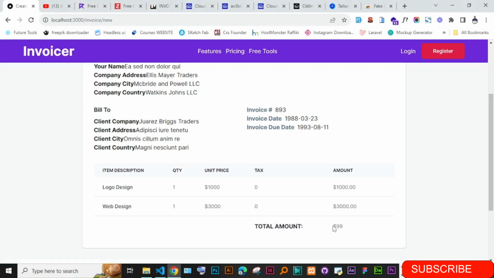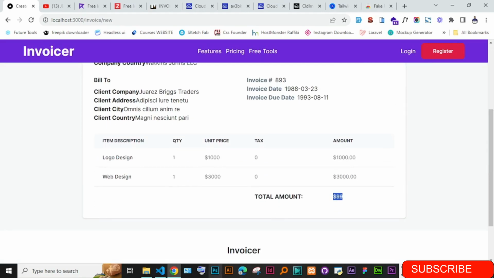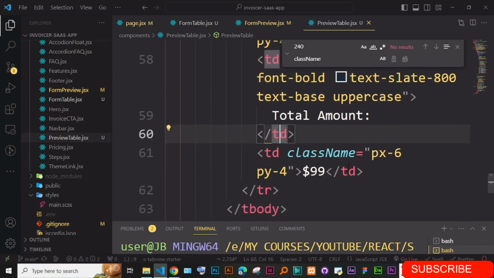Okay, so this looks better. Total amount, then we have this. Now how do we get this total amount? So you're going to use the arrays, I think the array method, the one for getting the total. Okay, so we can have here, so we can just come here, and